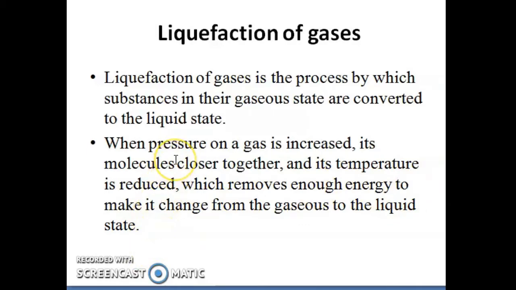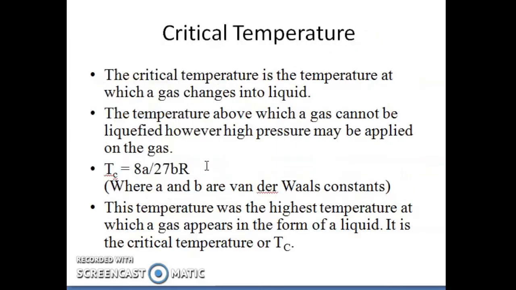So we have two conditions set for the process of liquefaction of gases. We should know what temperature is required. The term used for that is critical temperature. That critical temperature is the temperature at which a gas will change into liquid. We could also say that it is the temperature above which the gas cannot be liquefied,